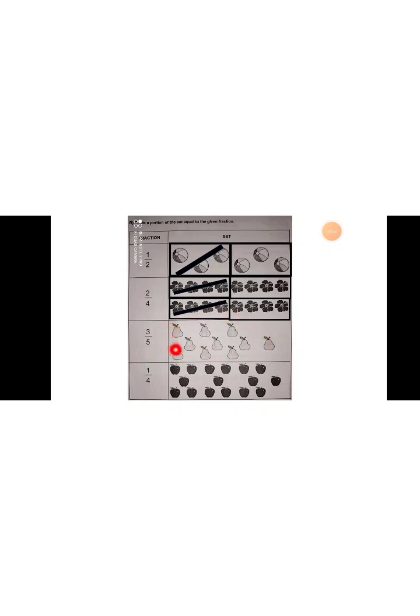10 pairs you have to equally divide and make into 5 equal parts. When you make 5 equal parts of that, out of that 5 equal parts you have to take away 3. So you will mark and make the set and show the parts taken away. Same with 1 upon 4 also. Divide the number of apples into 4 equal parts and then you take away 1. So do the exercise in your rough book.